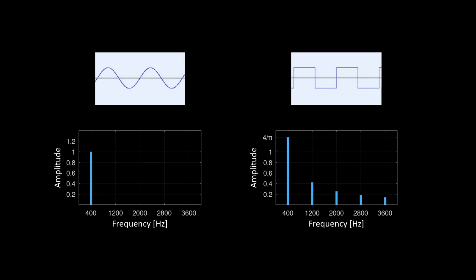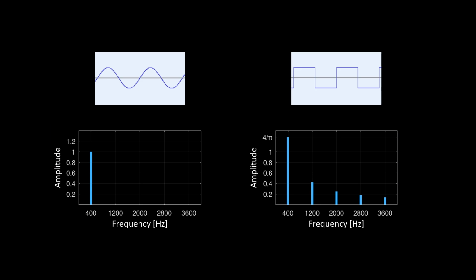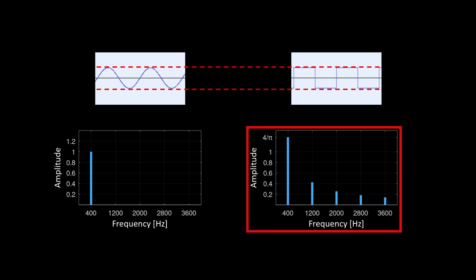In the previous episode, I mentioned how different waveforms could have different loudness even with the same amplitude. This is because the loudness that we perceive is not exactly related to the amplitude of the waveform, but rather to the sum of amplitudes of all its spectral components. So, a square wave is louder than a sine wave with the same amplitude because it has more energy added from all its components.